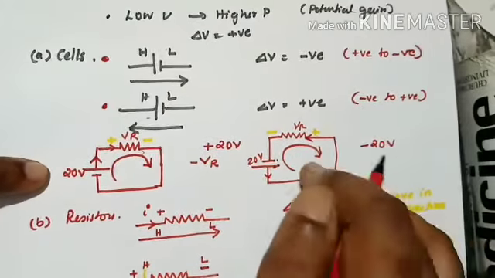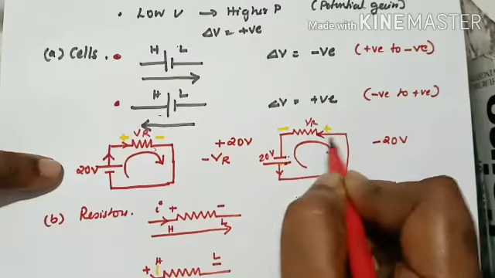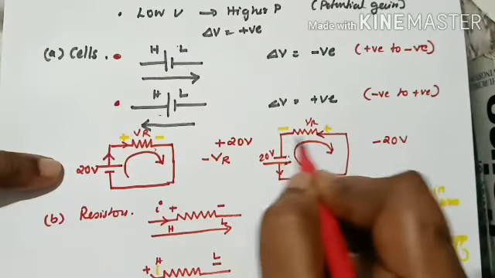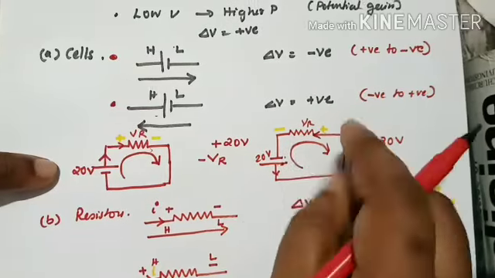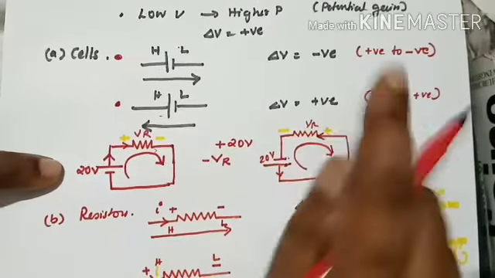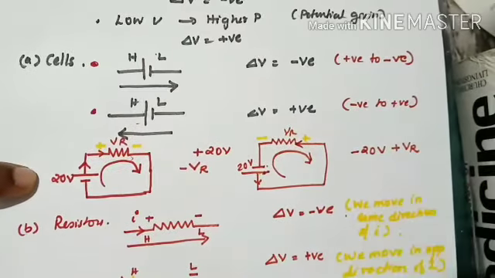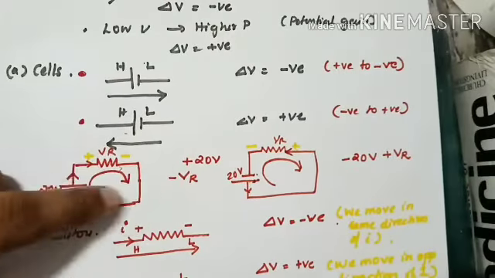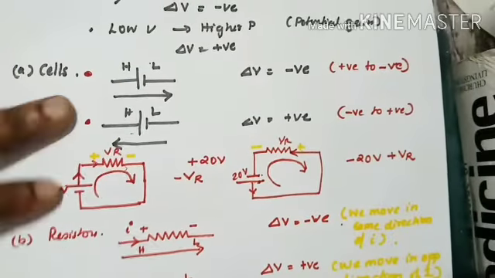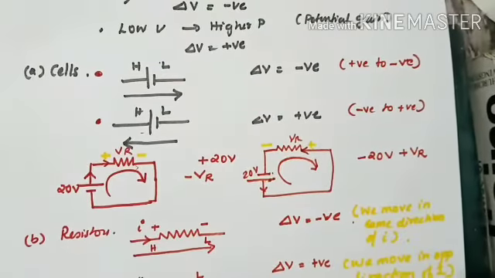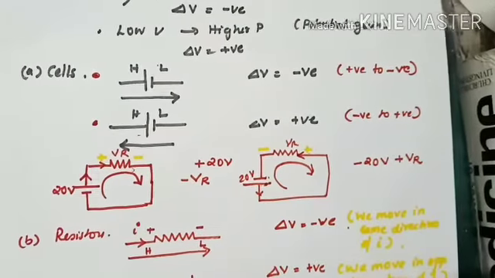Clear? Now let's move on to the circuit. I am moving in this direction, like this. But the current is in this direction. That is, I am moving from left to right, but the current is from right to left. So for me, these two directions are opposite. So this potential VR, I will write it as plus VR. Clear? So here it will be 20 minus VR. Here it will be 20 plus VR. These two sections have to be understood very, very thoroughly if you want to solve a circuit problem, guys. Without analyzing or understanding, it is very difficult.